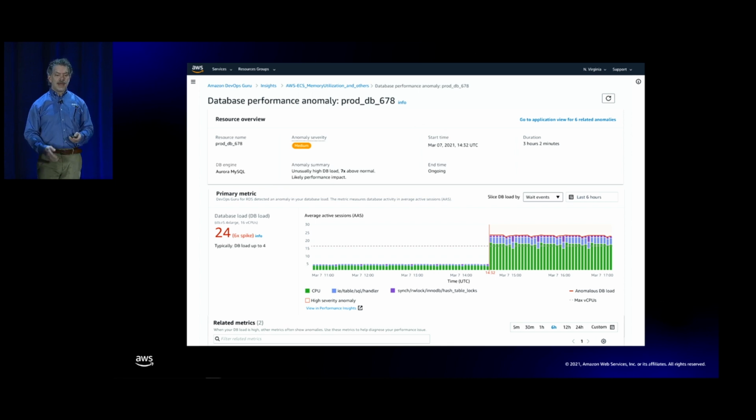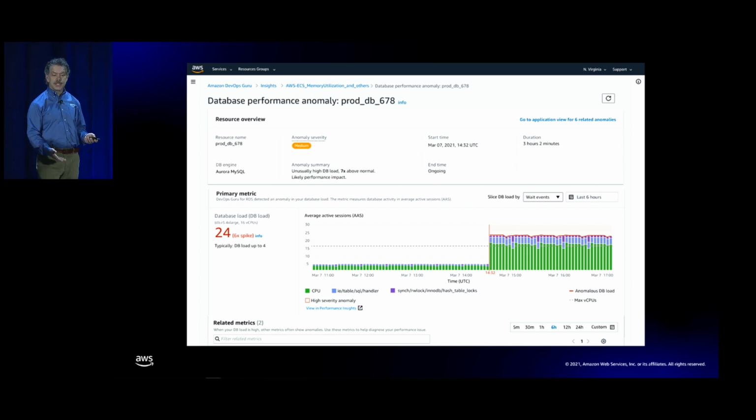Looking just below that at the database load summary, you can see that we've included the DB load graph from Performance Insights here for the exact time frame of the anomaly. So that's coming straight from Performance Insights and being embedded in this page. This lets us see the anomaly visually, and it's telling us that the database load is 24, which is 6 times normal. And the anomalous period gets highlighted on the graph. It shows you where it detected the anomaly.